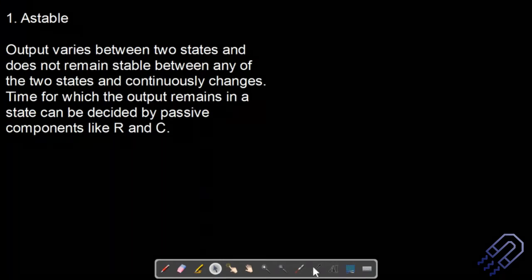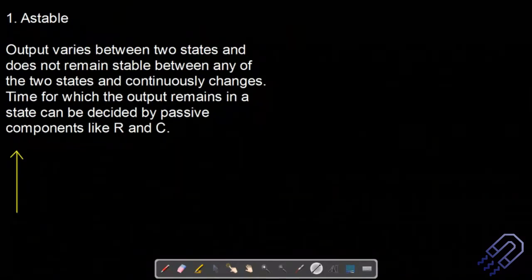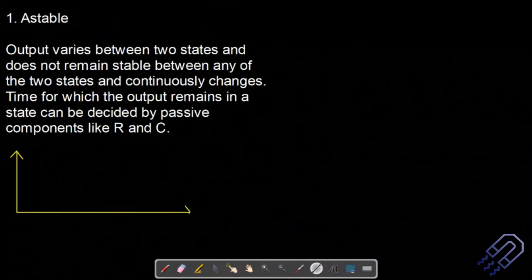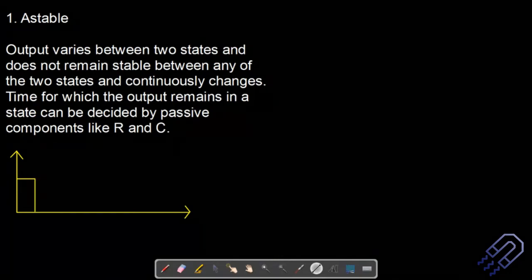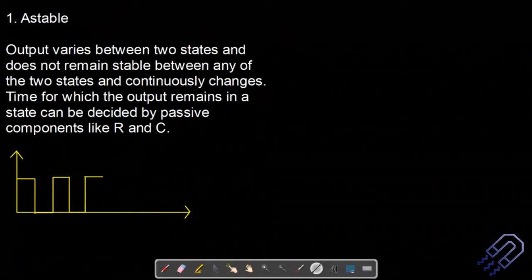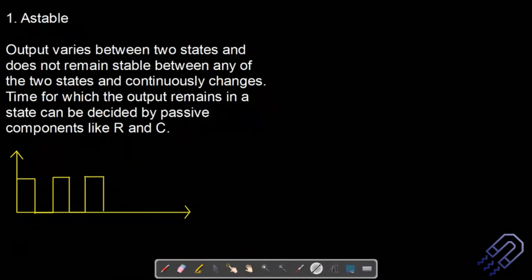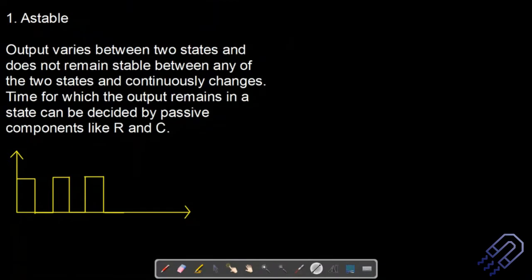So if we just draw a simple graph, let's say we are interested in getting a signal, and this is the output signal. It will be in this state for some time, and then it will go down, and then it will be here for some time, and then again it will go here. This will keep on happening, and finally we are going to get a square wave, where both the states, the high or the low, or the zero and the one state,